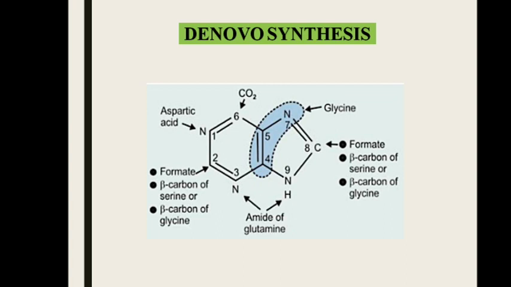Along with the C2 and C8, they are actually intermediary compounds of the metabolism of serine and glycine, because they are not directly contributing, but it is the formyl group or the formate group which is going to contribute to the C2 and C8, and the C6 is contributed by the respiratory carbon dioxide. I hope you are familiar with it. Thus the atoms of aspartate, glutamine, then glycine, number 3, number 4 respiratory carbon dioxide, number 5 the formyl group or the formate group of serine and glycine has to be remembered.